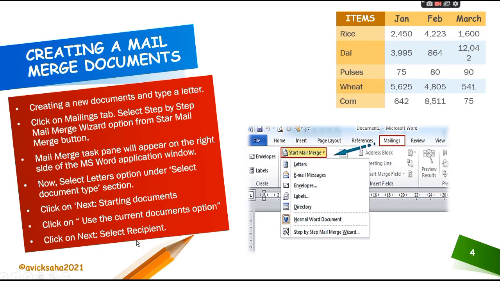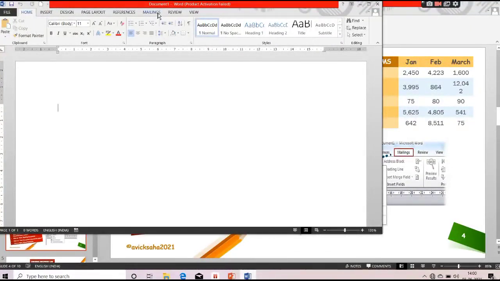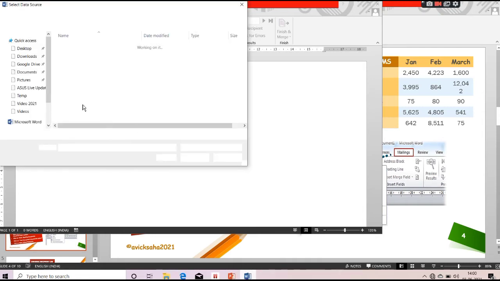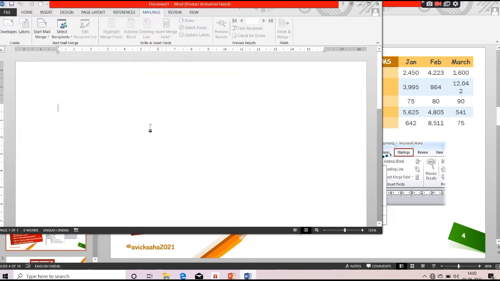If you look at this, you will understand this is a Word file that I have opened. You can see here there is the Mailings tab. You can select the recipients if you want. Use the existing recipient list, where I have saved many recipient contacts. You can also see these recipient contacts are given. It will take time, it is fetching the name, address, everything.